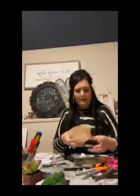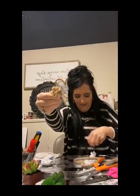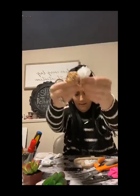Here is tan coffee filters. I love these. So I'll show you how we did that. I just folded it in half, folded it again, and then just started scrunching it up, twisting here a little bit, cut it off, open these little petals up, and scrunch it in there. So see, now I have a little brown rosette. I have a little white one and a little